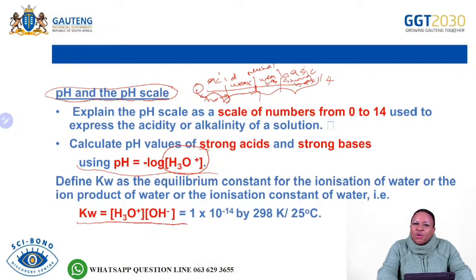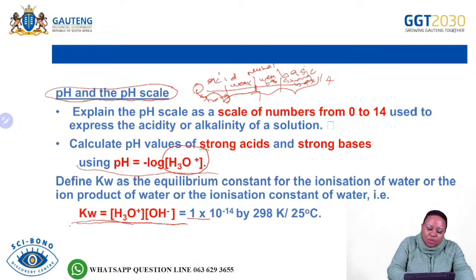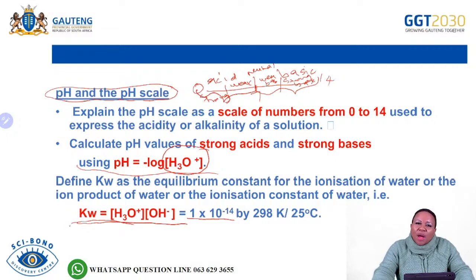Therefore, if the pH value requires us to have H3O+, we need to use the Kw value, whereby Kw is equal to 1 times 10 to the exponent minus 14, for us to be able to find the hydronium ions in a base. So this is the information that we used previously, which is also going to be part of this